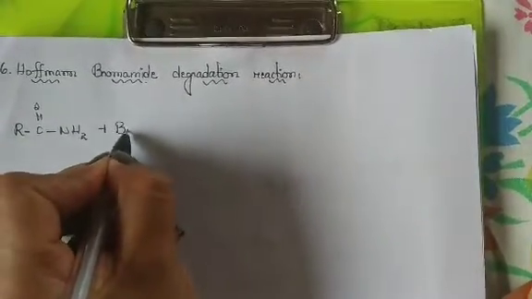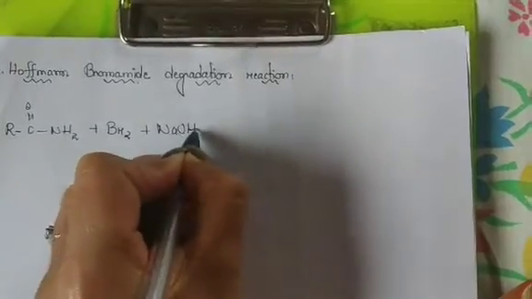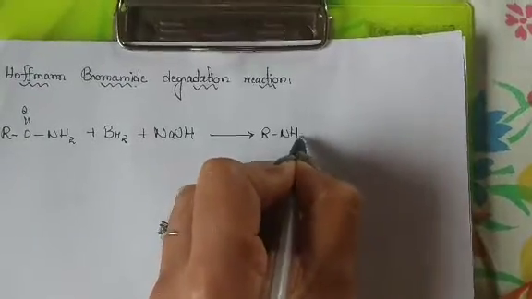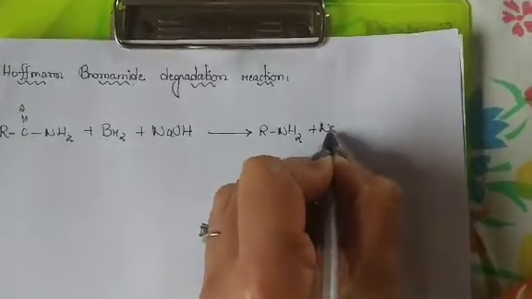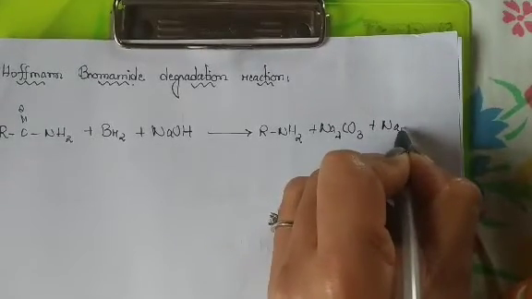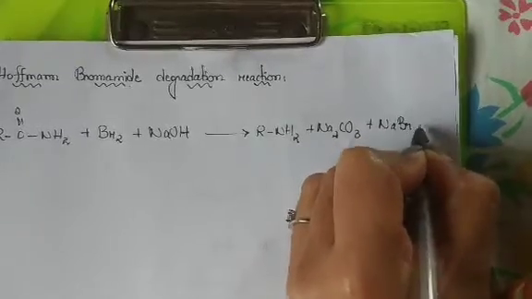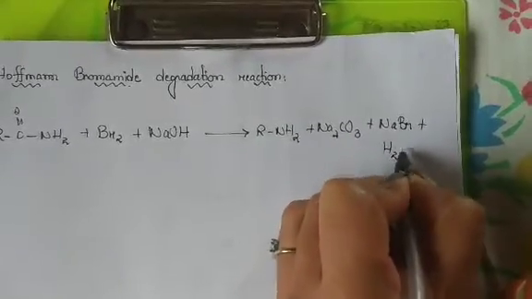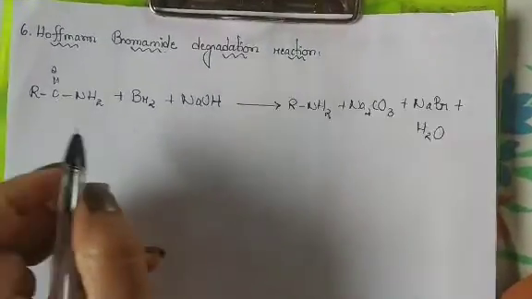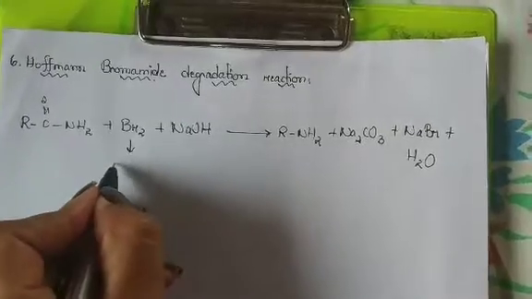The amide plus bromine in a basic medium, we would get our amine plus sodium carbonate plus NaBr plus H2O. Now, please remember that in this Hofmann bromamide degradation reaction, only one unit